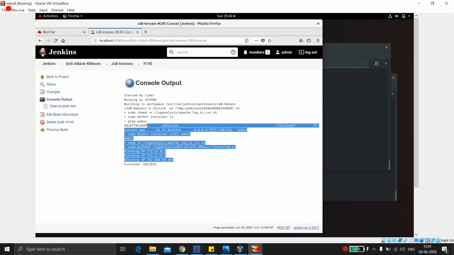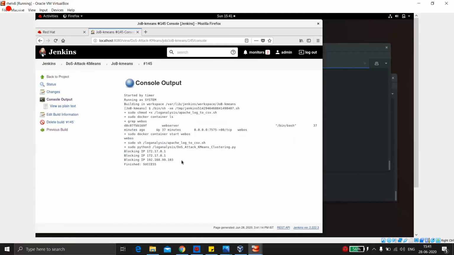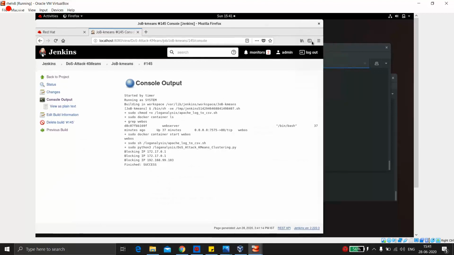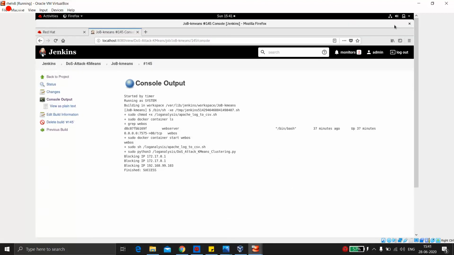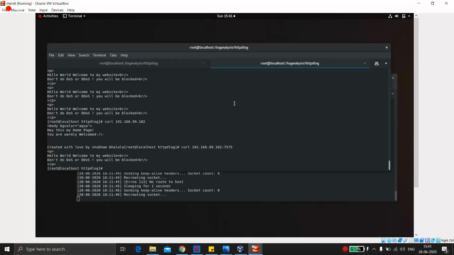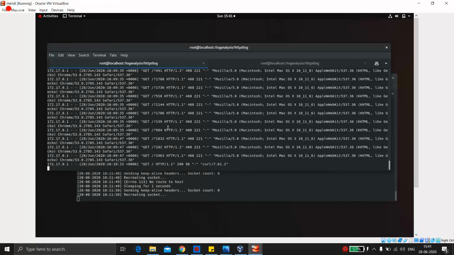This is so good, it's running every 2 minutes. You can even change it to every 1 minute. And this setup you have to do once. Now I am free to go. The developer team and the security team can now focus on different things. They don't have to focus on this DOS part. Now everything is automated, and they don't have to worry about DOS.